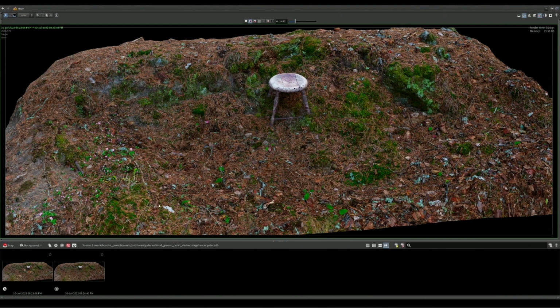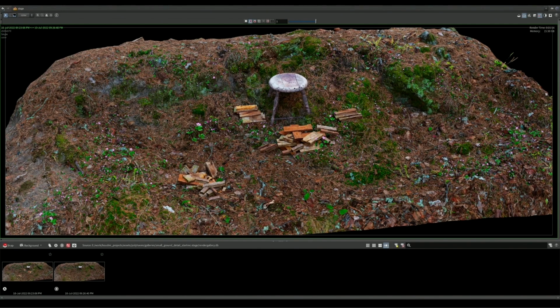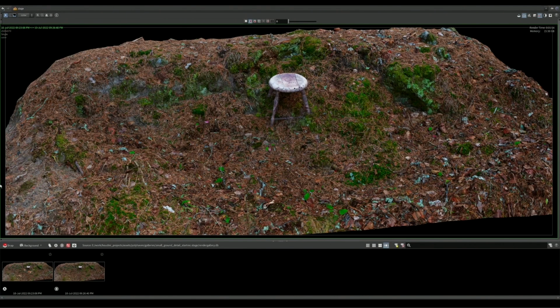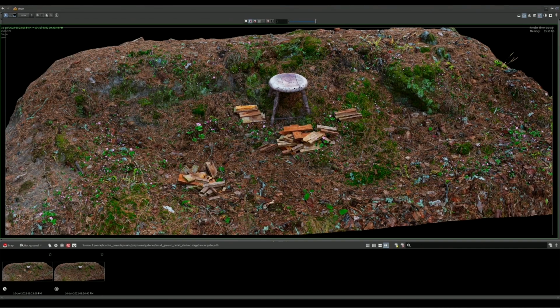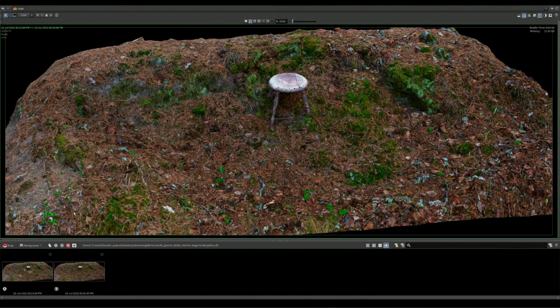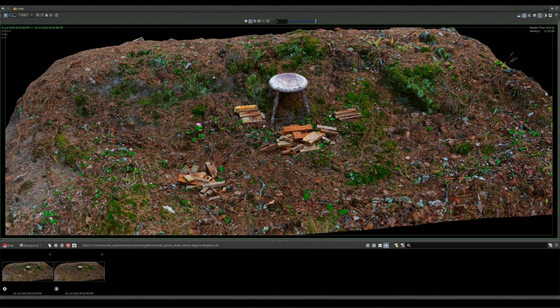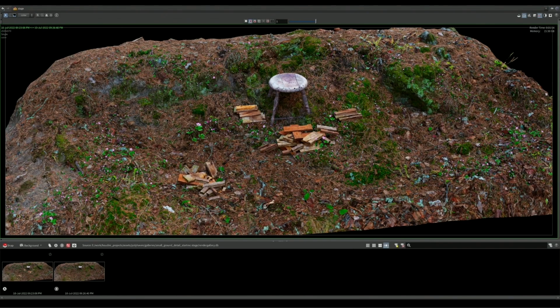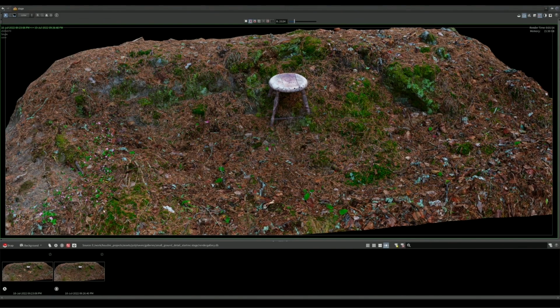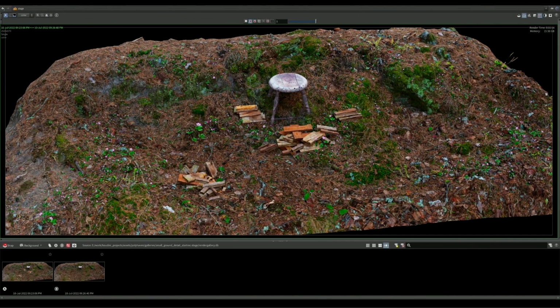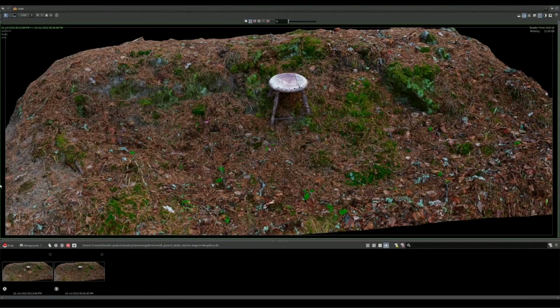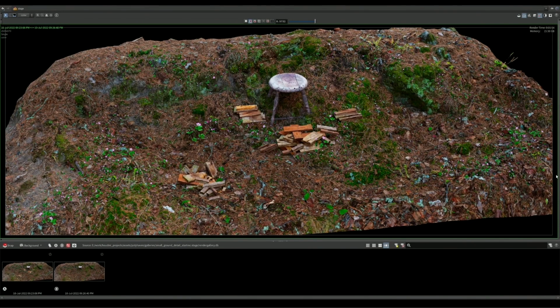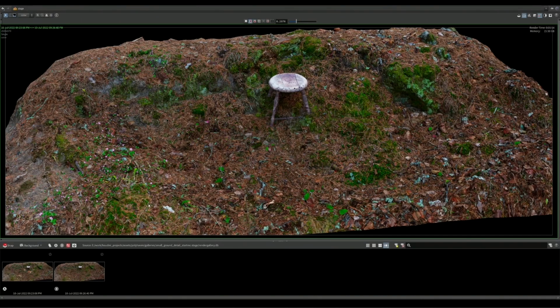SideFX is famous for its physical simulation tools, and we've started to incorporate those tools in other areas of the package. You can look forward to more tools like this in the future.